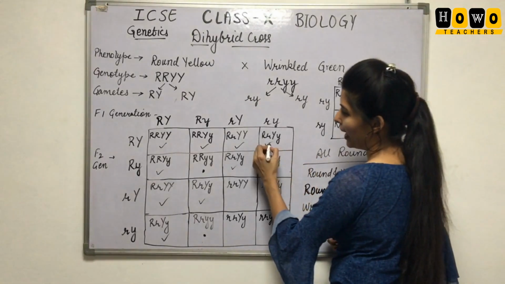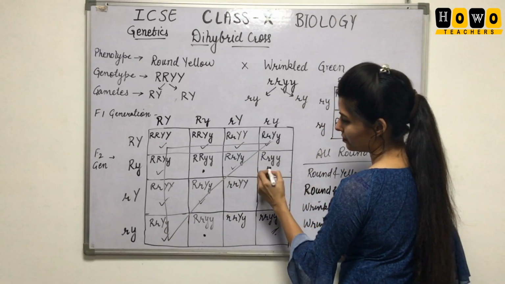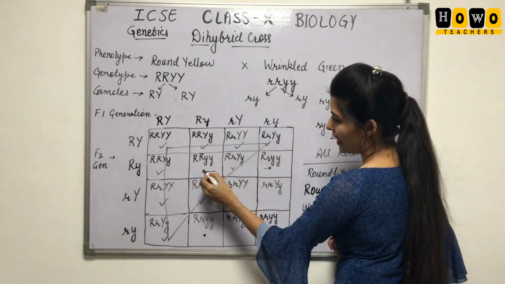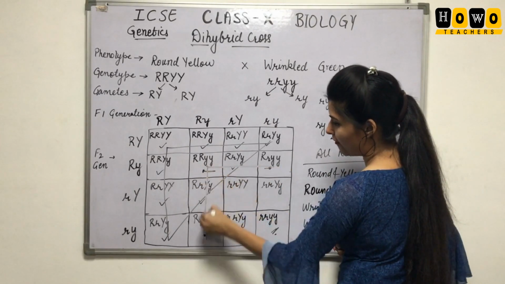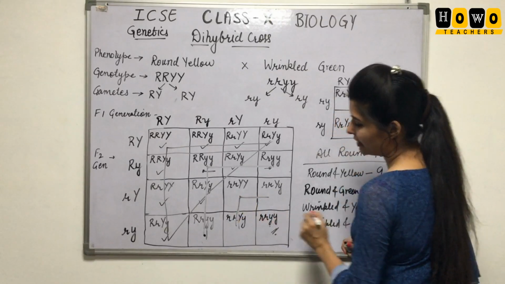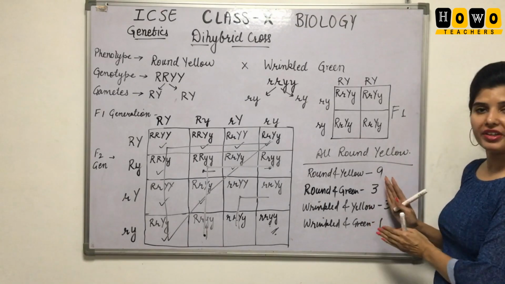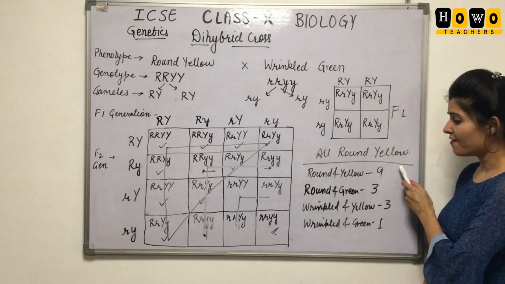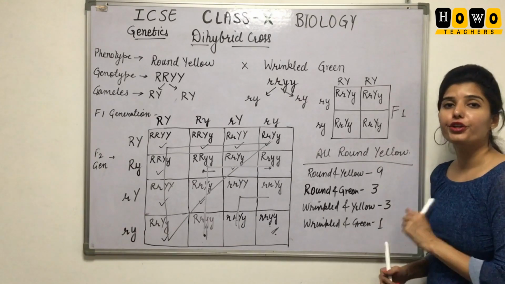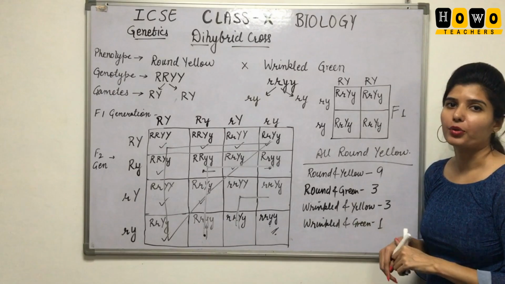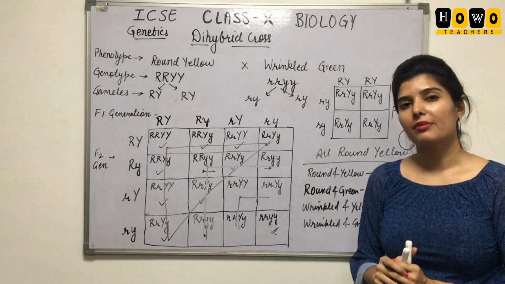So you can see a pattern is being made out there, that every time you will get this pattern in which this kind of result you will get, and the last one here. And the result every time is that the F2 generation will have 9:3:3:1 as their phenotypic ratio. So this you have to remember. This is how you have to solve a dihybrid cross if it comes in your exam.